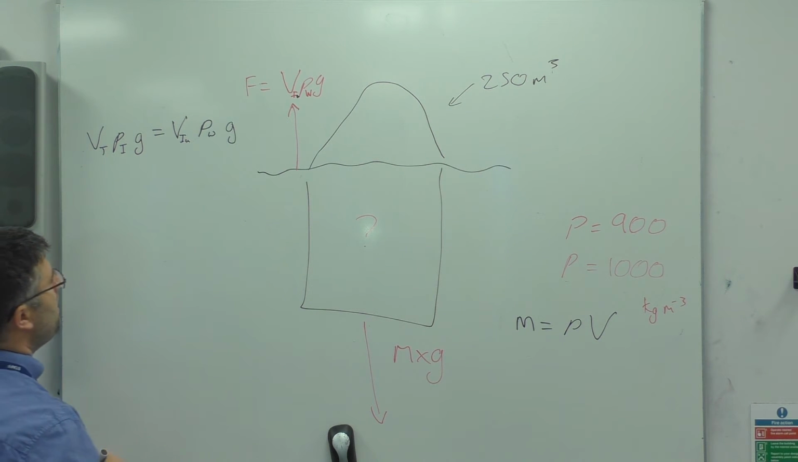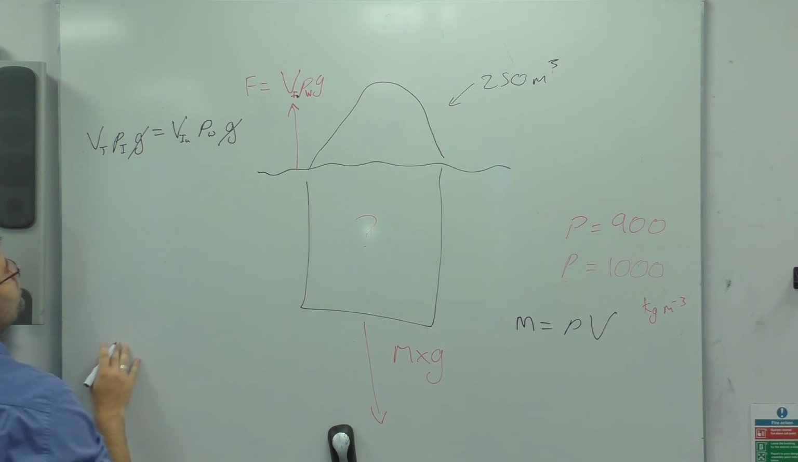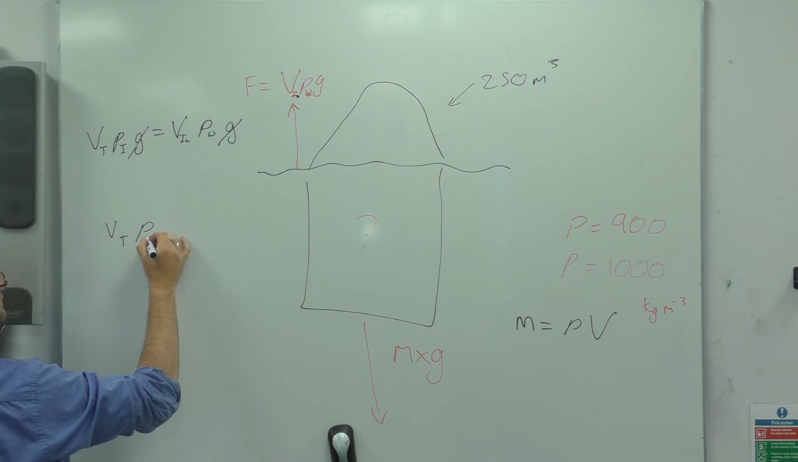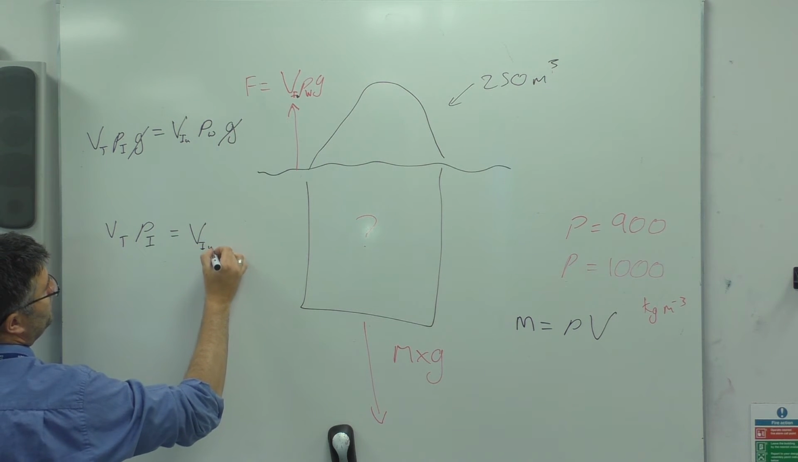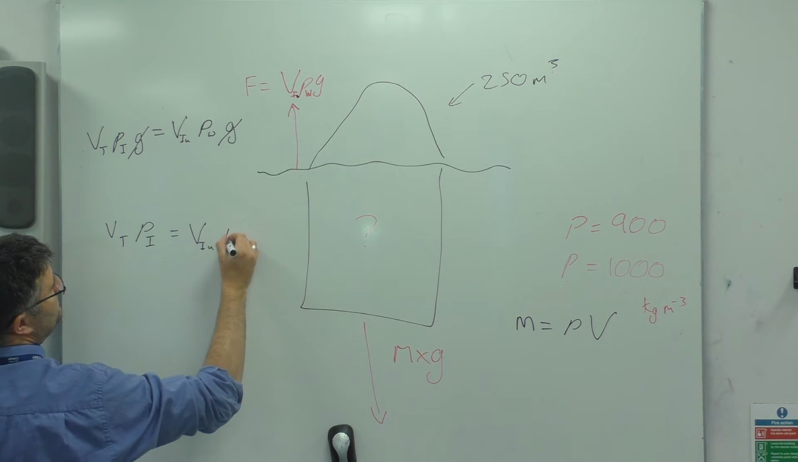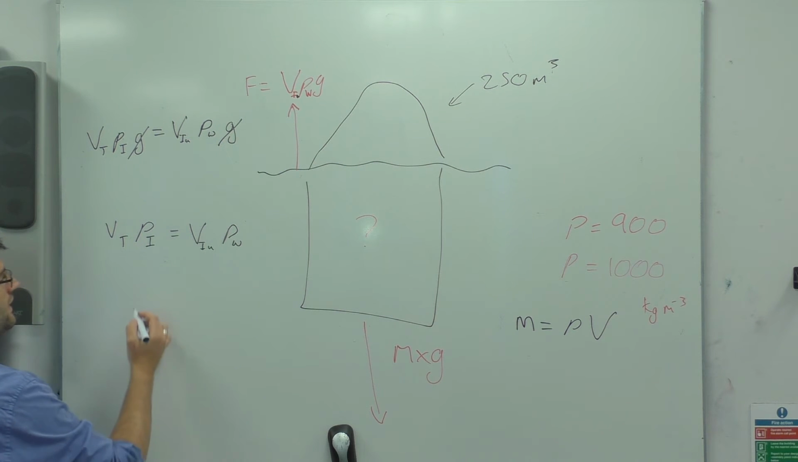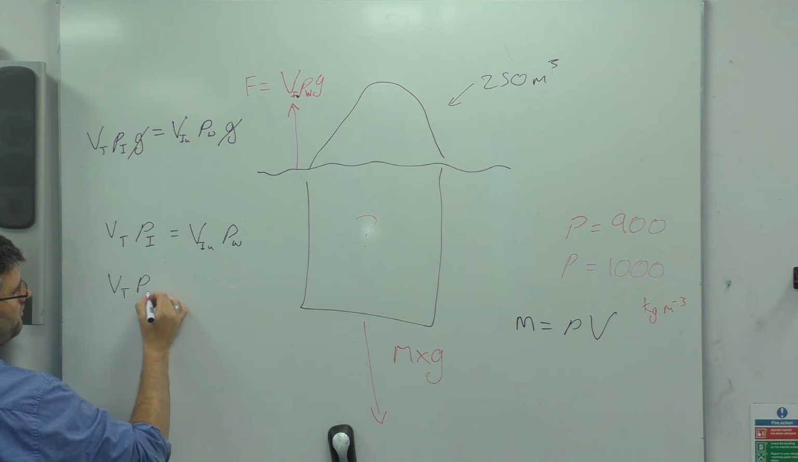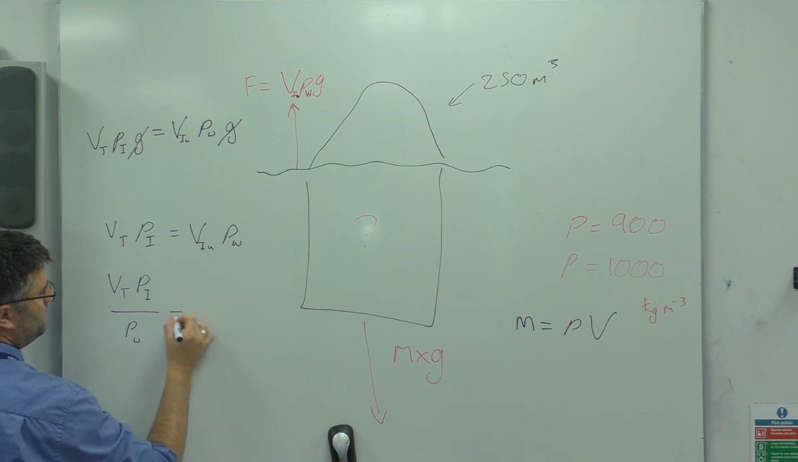So here we are with our problem. Well, hopefully you should be able to see that I can get rid of my g's, both sides, by dividing both sides by g, and that leaves us with the V total times by the density of the ice is equal to the volume of the iceberg under the water and the density of the water. Rearranging this equation now can lead us to VT rho I over rho W